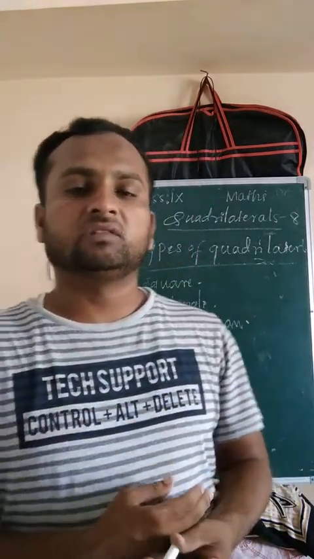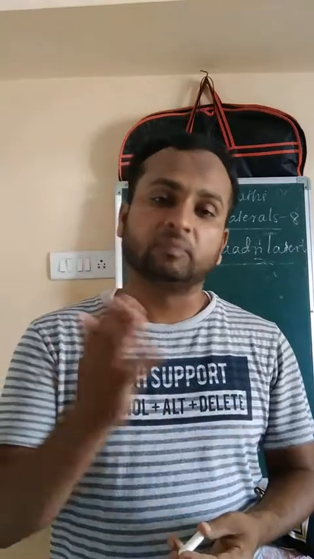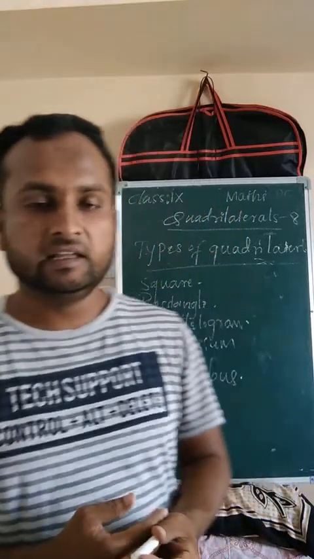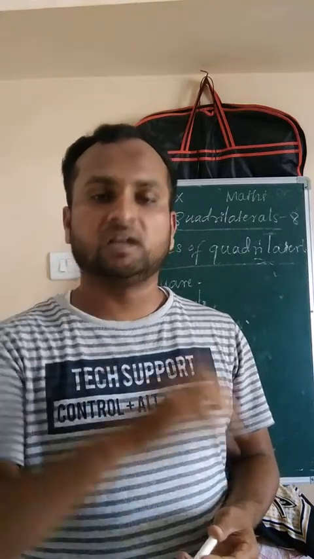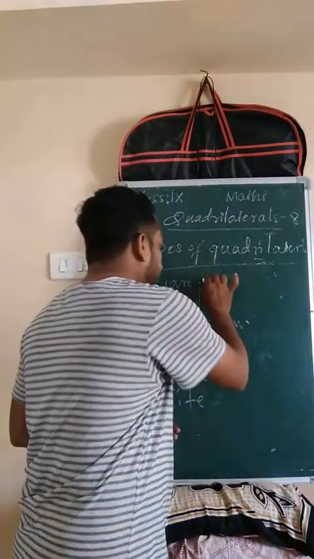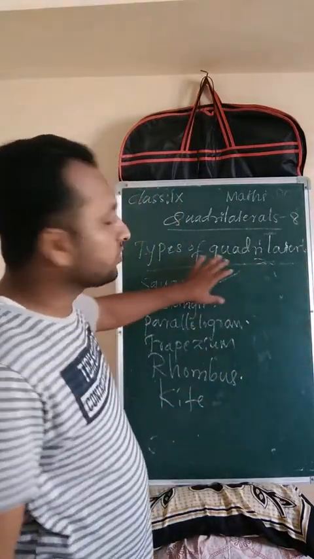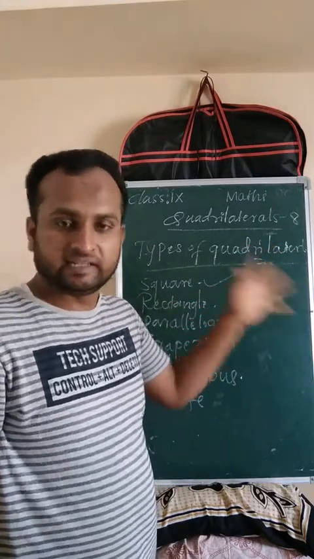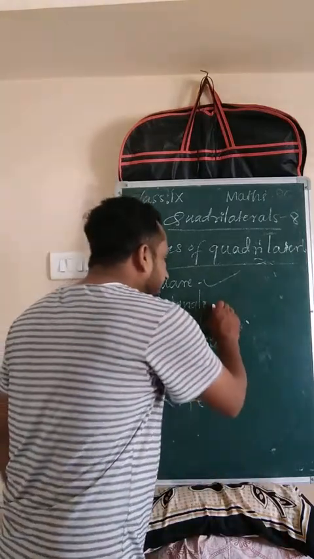In a square you can draw the two diagonals, and diagonals are equal in a square and diagonals bisect each other at 90 degrees, or perpendicular. Then the sum of four angles of a square is 360 degrees. Even yesterday you saw that theorem, the angle sum property of the quadrilateral. It means that the sum of four angles of a quadrilateral gives 360 degrees. Now these are the property and definition of the square. Remember, a square is a quadrilateral having all four sides equal and each angle 90 degrees. Clear? Now see the next, rectangle.